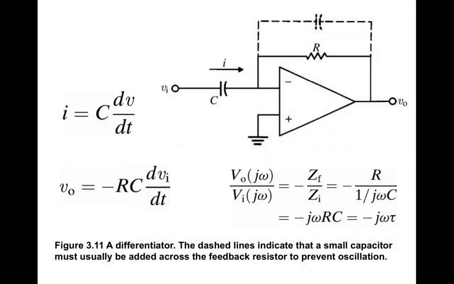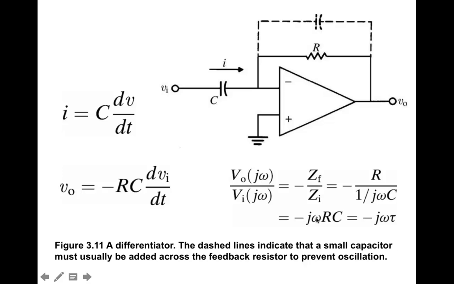Okay, there are a couple of other circuits involving op amps that have some special applications for certain measurements. The first one that we'll look at is the differentiator circuit. The differentiator circuit takes advantage of the fact that for a capacitor, current is equal to C dV/dt. And so an input-output relationship in the frequency domain for the differentiator looks like V_out over V_in is